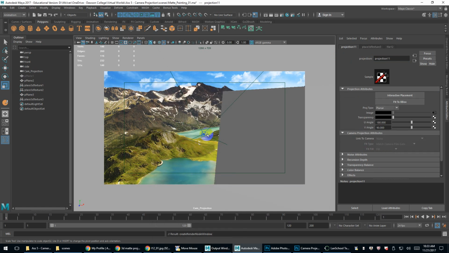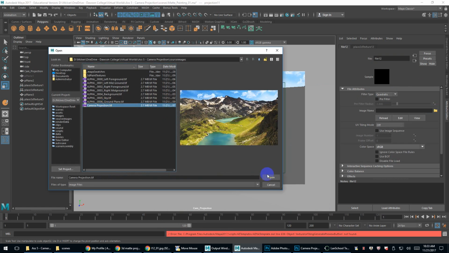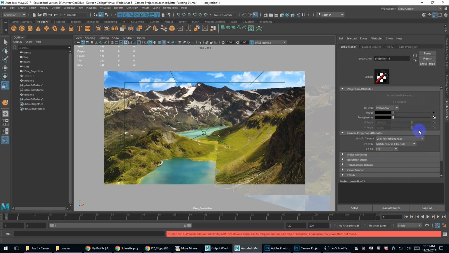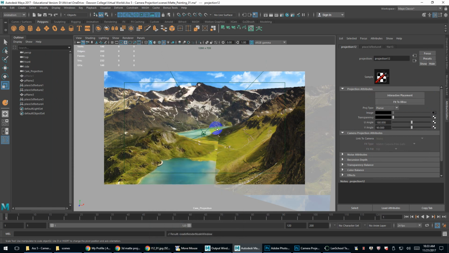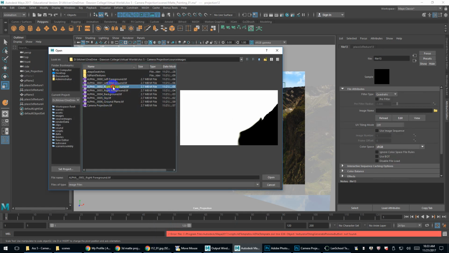So we'll go create as projection, perspective, camera shape projection, match film gate, go into your file node. Again, I'm going to load my base painting. So that's the camera projection. Step back out, go to transparency, right click, same exact thing, create as projection, perspective, cam shape, step into the image node,